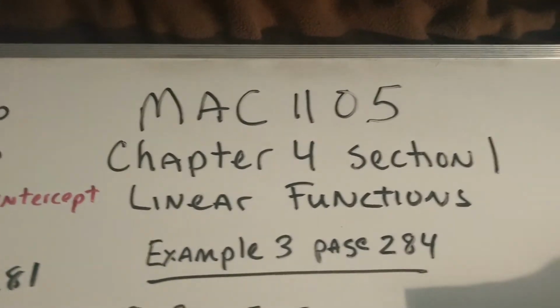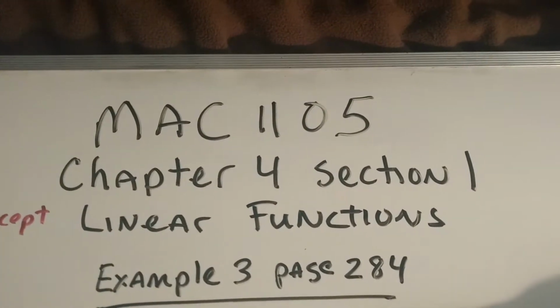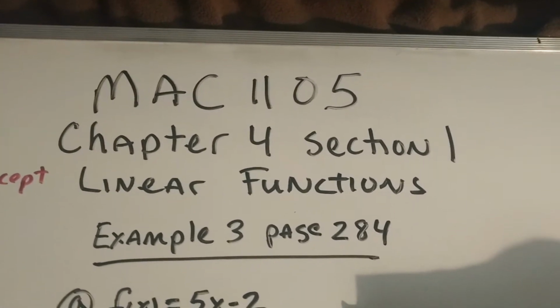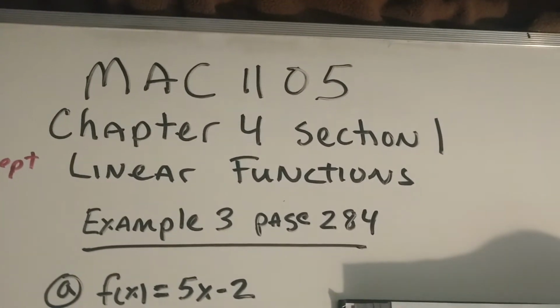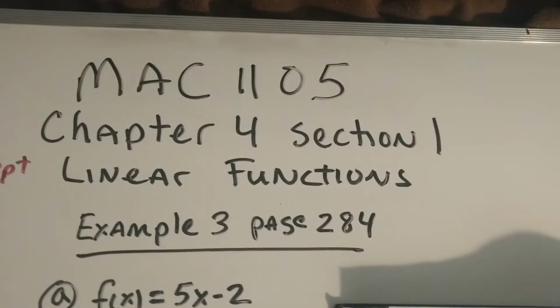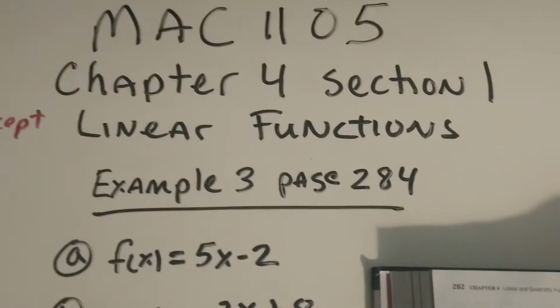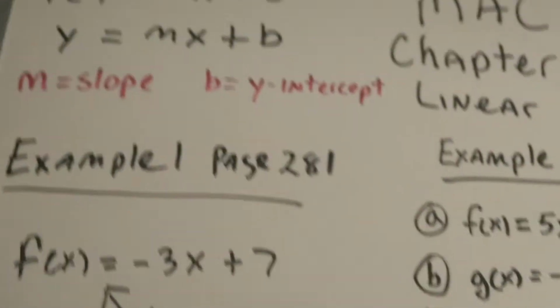Act 1105, College Algebra, Chapter 4, Section 1. Section 1 and Section 2 deal with linear functions, whereas Section 3, 4, and 5 deal with quadratic functions. The chapter is properties of linear and quadratic functions. All right, so first of all,